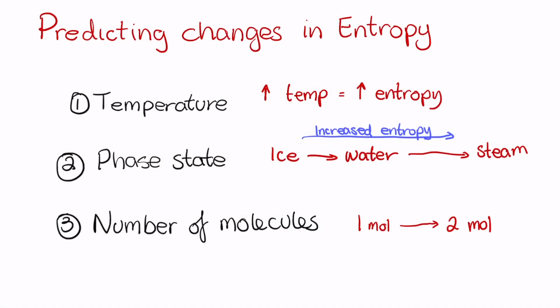Hi everyone. So just following on from yesterday's video where I discussed Gibbs free energy and how we can essentially calculate it by changes in entropy and enthalpy, today I want to discuss how we can actually predict changes in entropy and enthalpy. So just as a quick refresher, enthalpy is essentially how much heat is in a system.